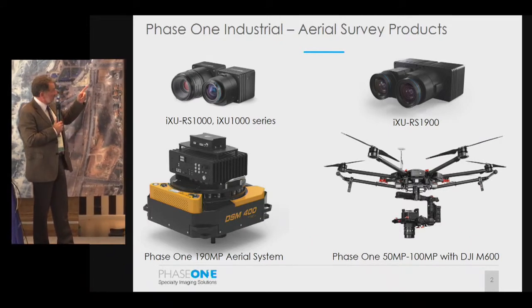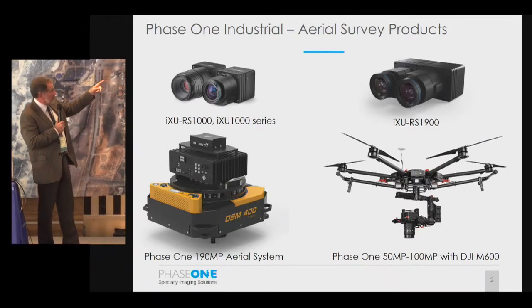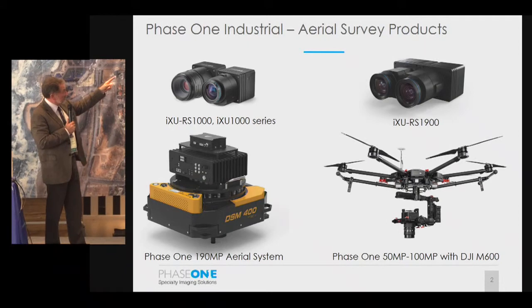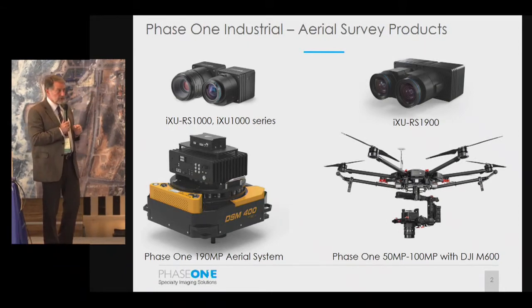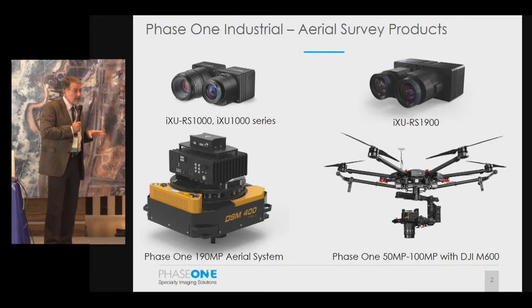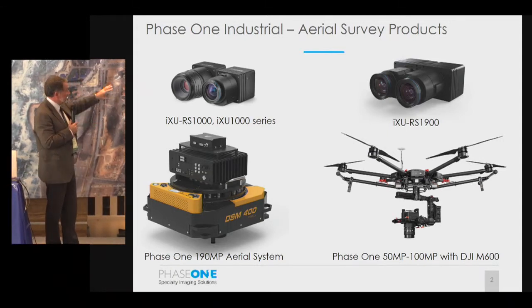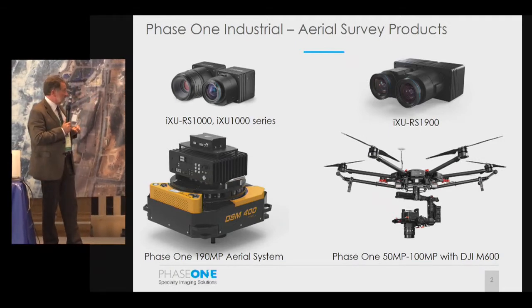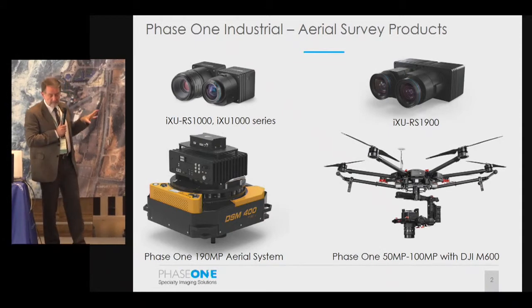New camera at the level of the camera itself, which can again be used for integration. This is this double camera, iXU-RS 1900. It's 190 megapixels, and it's sold together with a system. You can buy a system specifically designed for it, DSM 400,